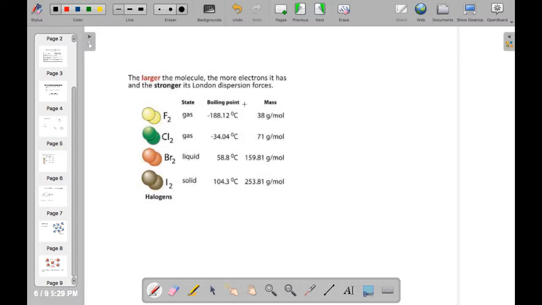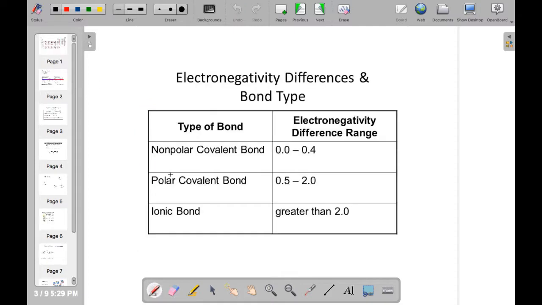And then here we actually have the boiling point. Notice the boiling point increases as you go down. So it doesn't take as much energy to break F2 apart. It takes more energy to break iodine apart. So if you actually found a chunk of iodine with all these I2s combined, it's going to take more energy to break that up. Okay, that was the first force,